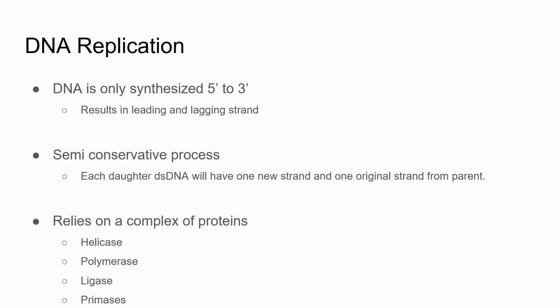Because DNA can only be synthesized in the 5' to 3' direction, each strand has a slightly different replication process. The leading strand of DNA is the 3' strand, allowing the synthesized DNA to form 5' to 3' uninterrupted. The lagging strand is the 5' strand, which has multiple interrupted segments of DNA that are later connected with ligase. If this does not make complete sense now, hold on a little longer and I will show you an animation